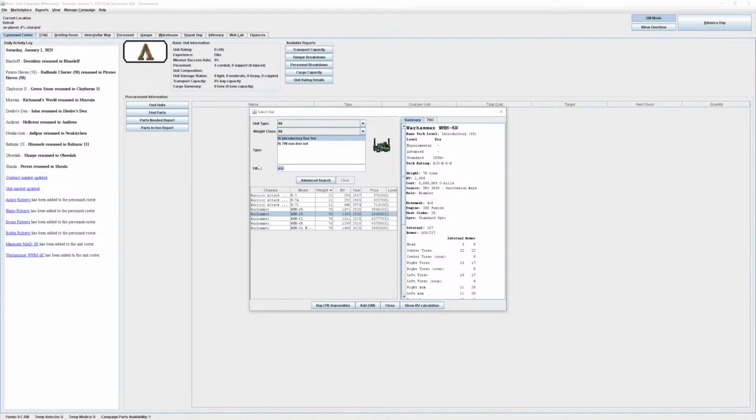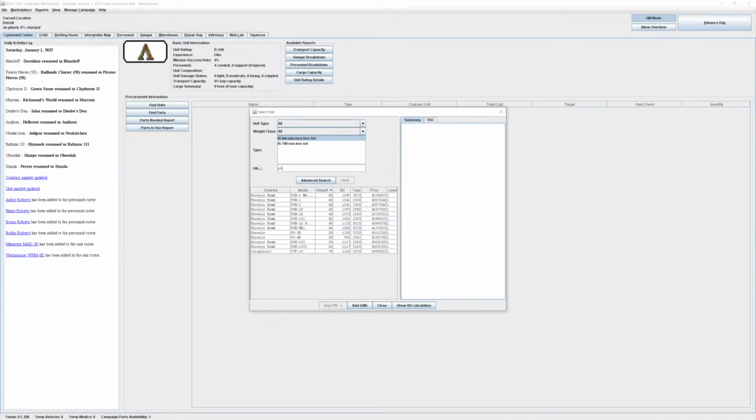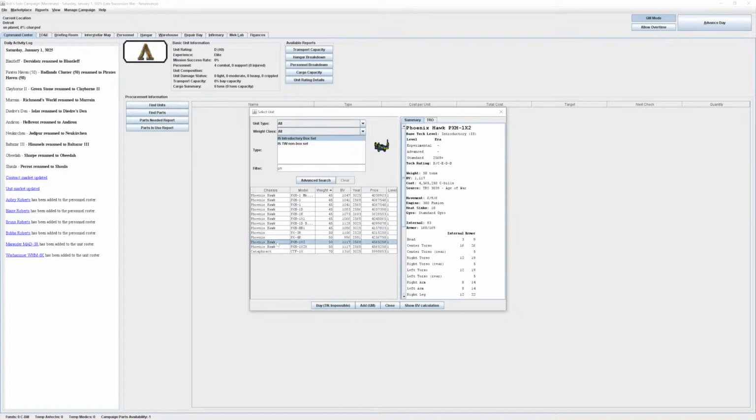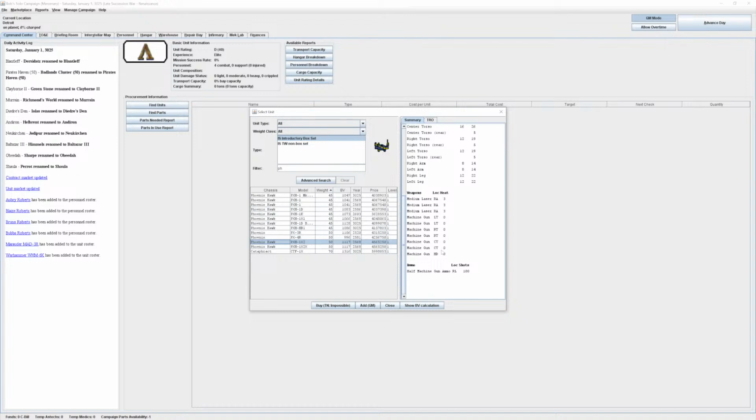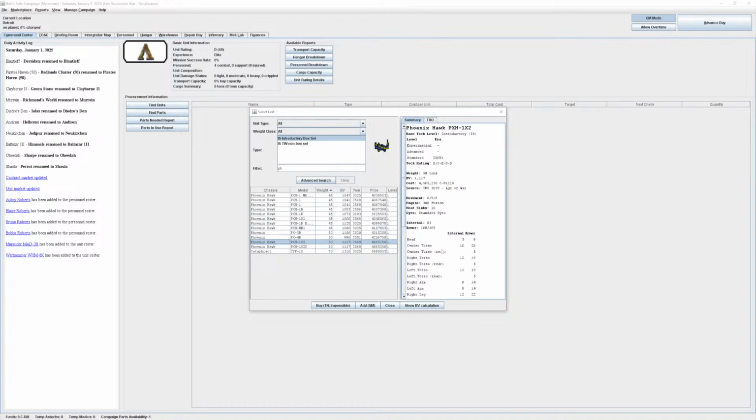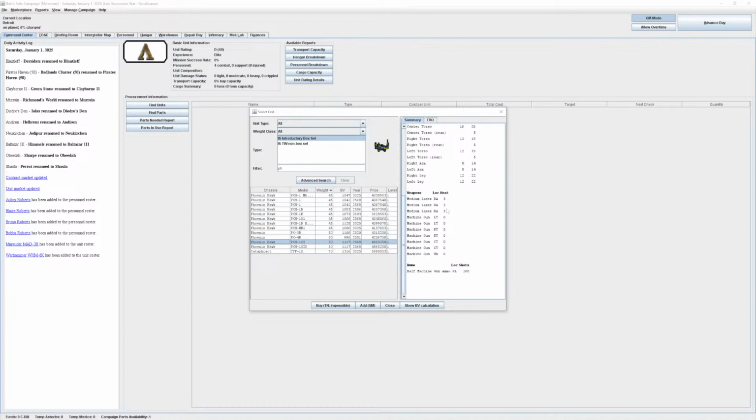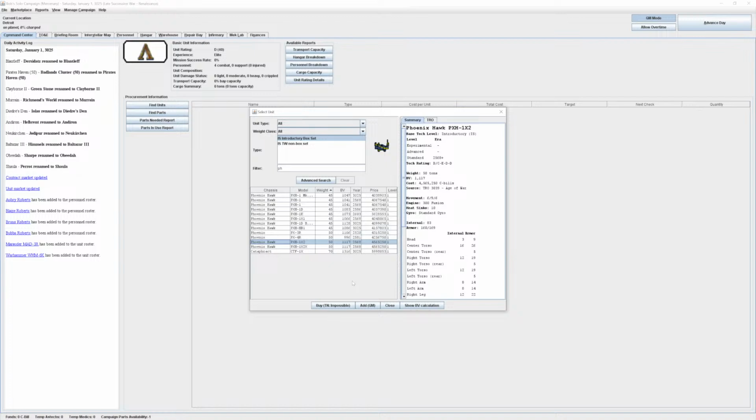and then I want a Phoenix Hawk. This is one of my Detroit specials. I think we're gonna grab this Detroit special Phoenix Hawk. Let's make sure that it's got the fusion engine. It's the one with all the machine guns. Yeah, so we're gonna do that,